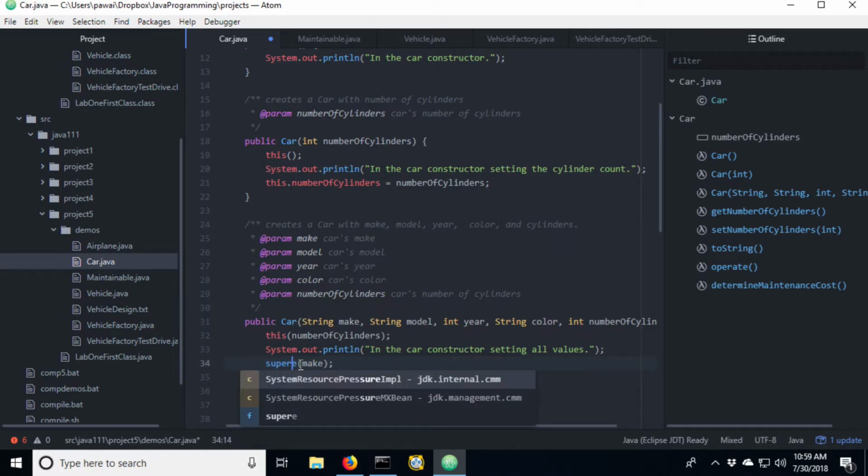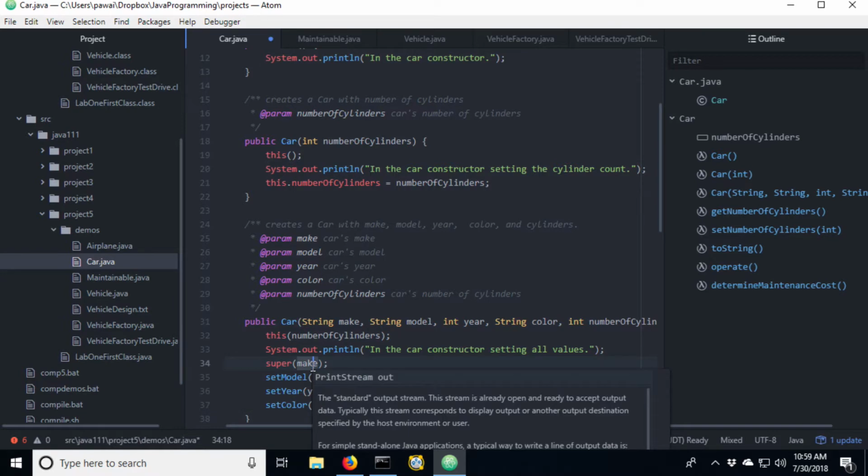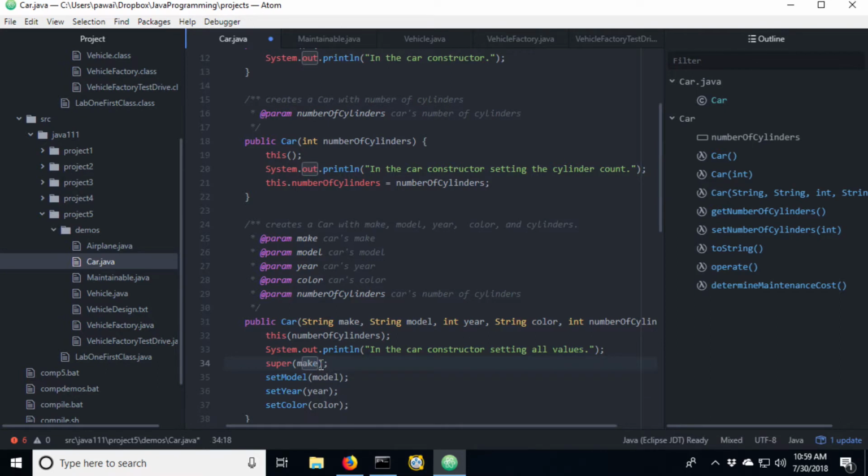Just like we use this to call the constructor that's in this class, we would call super to set these. So we can do super with make, model, year, and color. Now I'm going to run into a situation where I'm again trying to call two constructors. So this may not work in all cases.